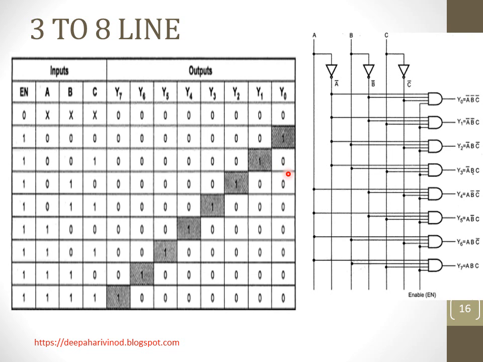So it has 3 inputs as well as 8 different outputs. Depending upon the input combination itself, the corresponding output will be high. It will have an enable pin which will enable this decoder so that it starts working as per the input provided.